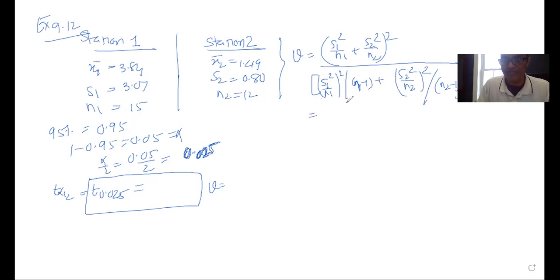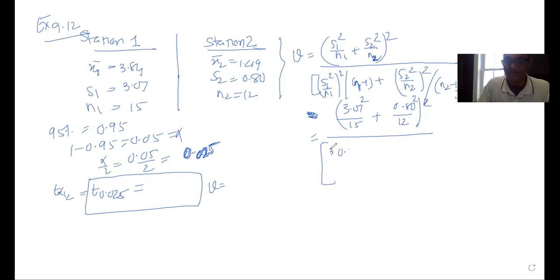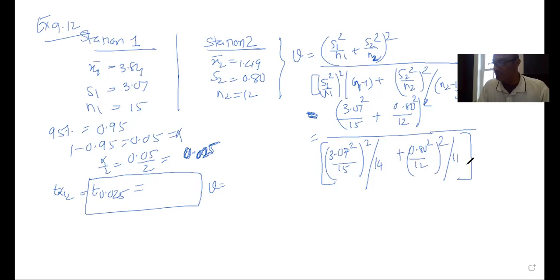If you plug the values over here, you get 3.07 square divided by N1 equal to 15, plus 0.80 square divided by N2 equal to 12, and whole square, all divided by 3.07 square divided by 15, whole square, divided by N1 minus 1, that is 14, plus 0.80 square divided by 12, whole square, divided by N2 minus 1, so 12 minus 1 is 11. If you use your calculator again, you get V approximately